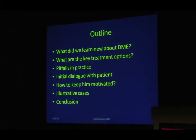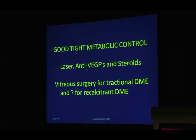So in this particular presentation, we'll look at what we learned new about DME, what the key treatment options are, what the pitfalls are that we usually see in our practice, how the initial dialogue with the patient should be and how to keep him motivated over a long period, and some illustrative cases and conclusion. So we know that good tight metabolic control is very important, so we are required to motivate